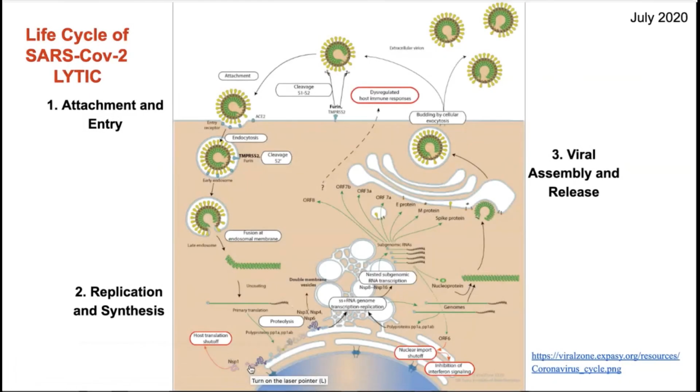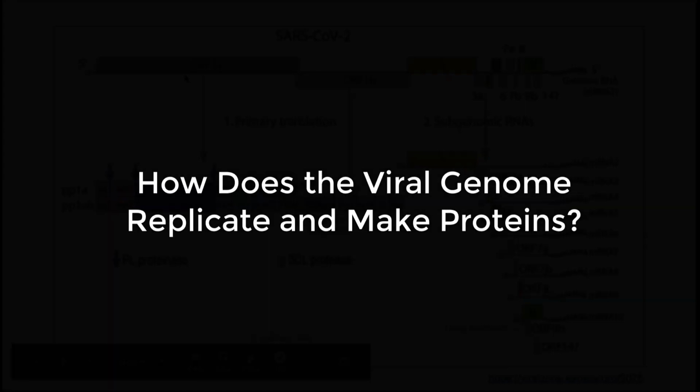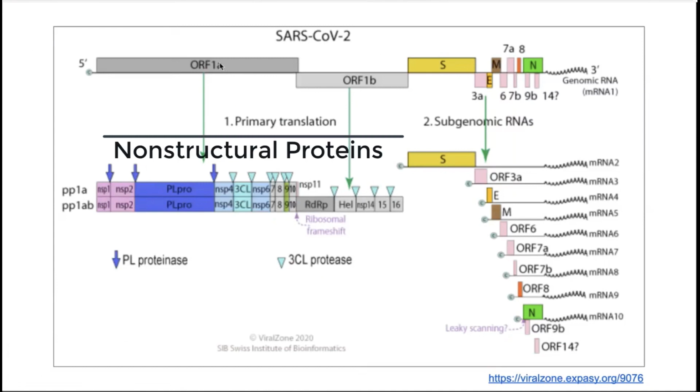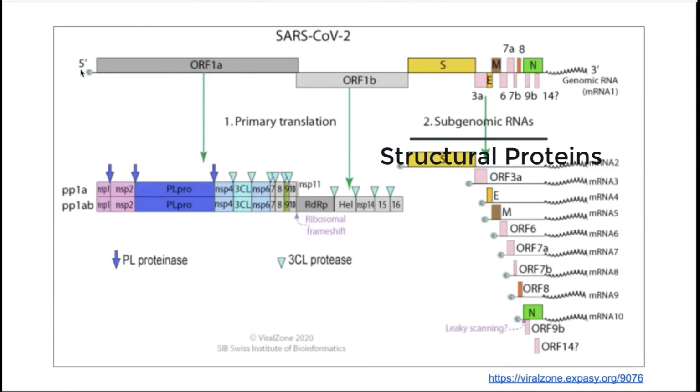The way the viral RNA synthesizes new proteins as well as replicates its RNA is the same in all coronaviruses. The viral genome is a positively stranded RNA, it's an mRNA. The RNA is subdivided into 2 parts. The first part to the left you can see is labeled ORF1A and ORF1B. And the part to the right is all the colored parts for the viral proteins that will be made to package the viral materials. The S stands for the spike protein, the E is the envelope, the M is the membrane protein, and the N is the nucleocapsid.